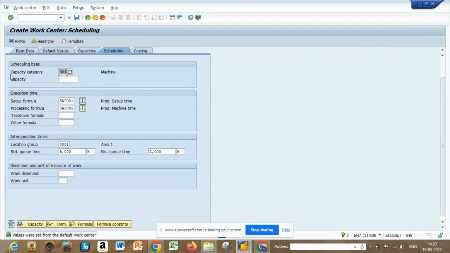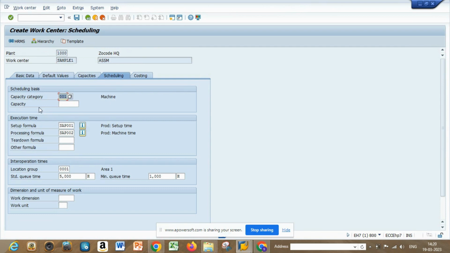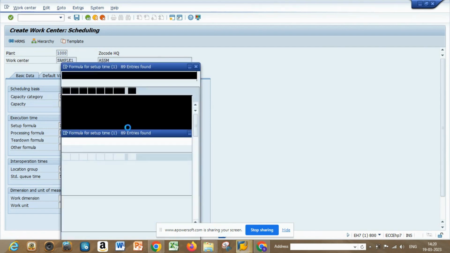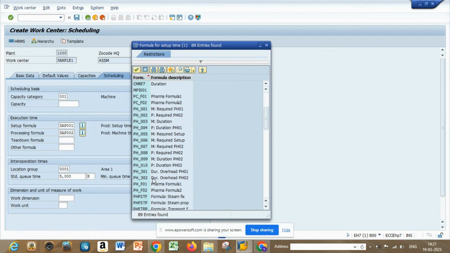So in that scheduling we can see the capacity category. That is nothing but we are considering the machine. So we have selected 001, that is machine. Our setup formula is SAP 001 for setup time. This belongs to time, and that belongs to requirement. So here I am taking SAP 001 for setup time, and 002 for processing time, that is nothing but machine time. Okay,